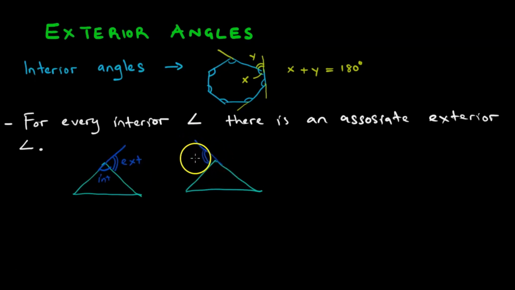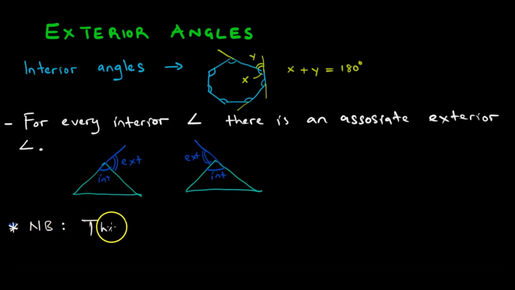So you get the same effect. This will be the exterior angle, and this the interior angle. But the most important fact is that each interior angle has its own exterior angle. We find the exterior angle by extending the line so that interior angle plus exterior angle give us 180 degrees. So from what we have learned, let us now write down a very important fact. It's actually a nota bene fact.